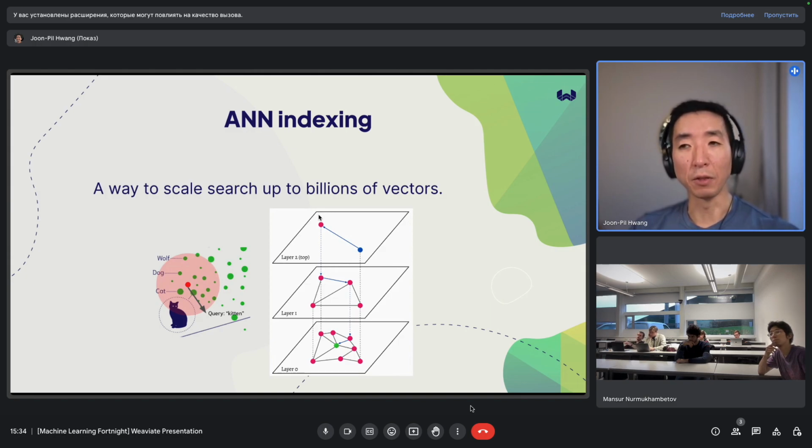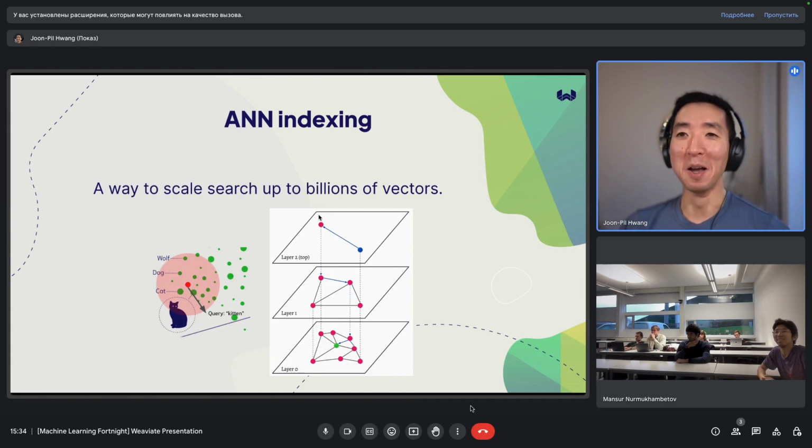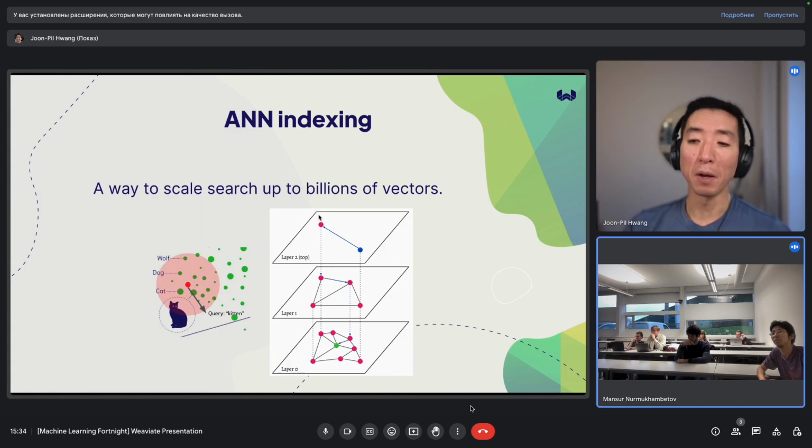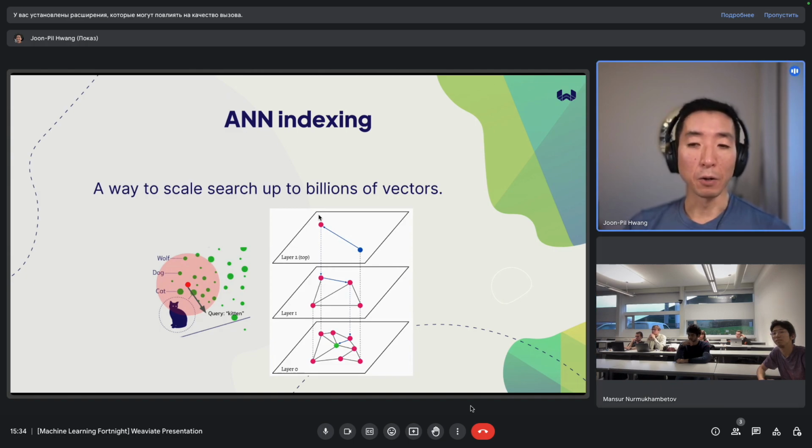And then as you navigate those graphs and get to the right regions, you can then do searches along the lower layers where you're starting off in the right region. It's like a 20-second summary of a fairly intricate and complex CS algorithm. So excuse me if I butchered any of it, but this is a really interesting area, and different indexes use different algorithms to perform this job. And there are different algos available for different problems, right?